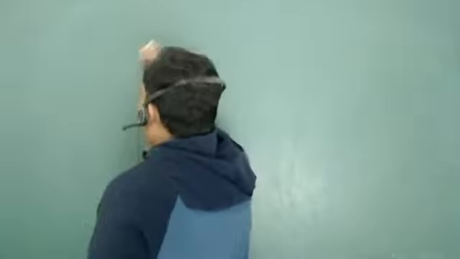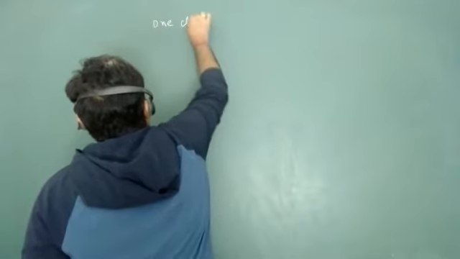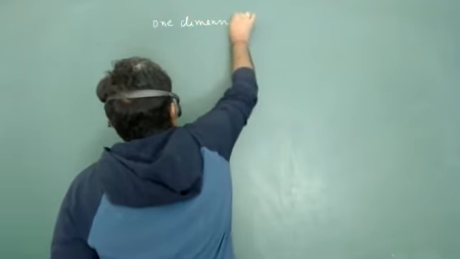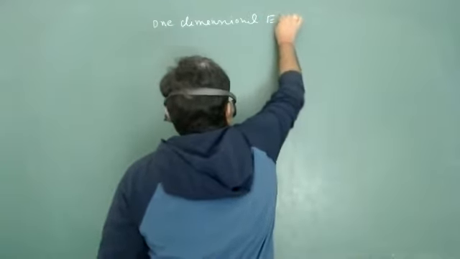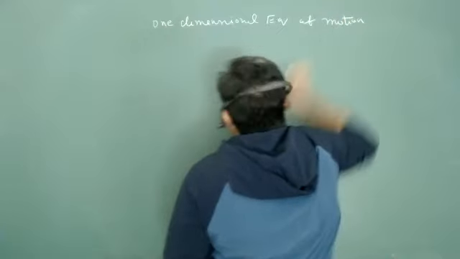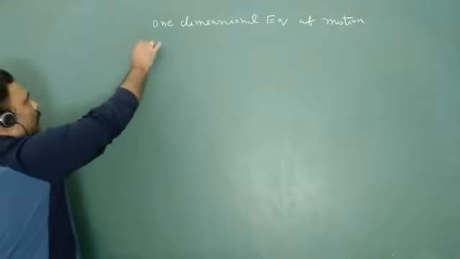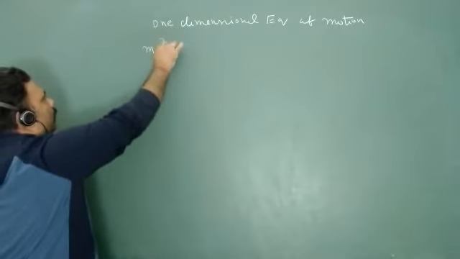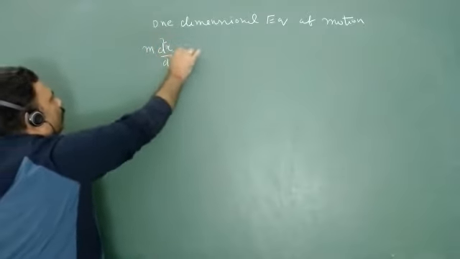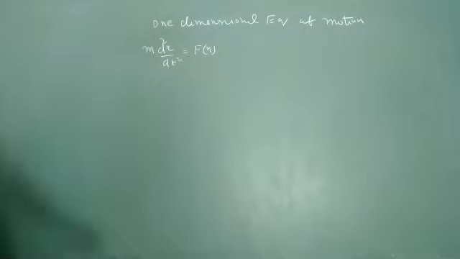So what is your, and I am just talking about one dimensional equation of motion. Okay, so we will just try to discuss at least one or two systems. I have to discuss a lot of systems. So what is the equation of motion? The equation of motion is m d square x upon dt square is equal to external force. This is nothing but Newton's law, F is equal to ma.